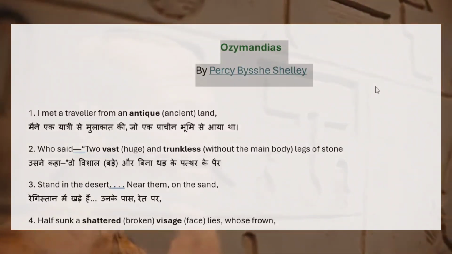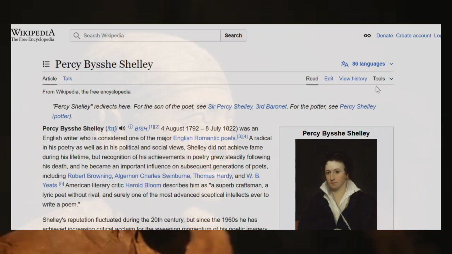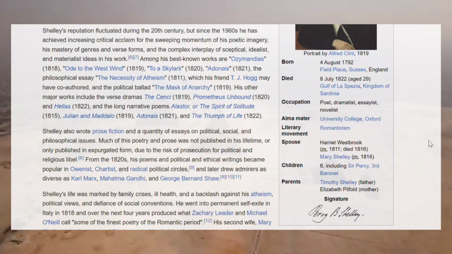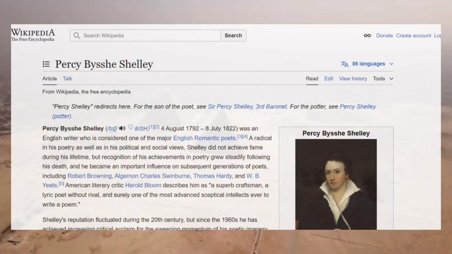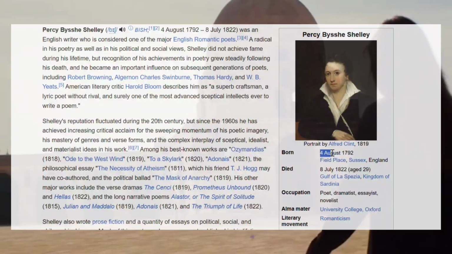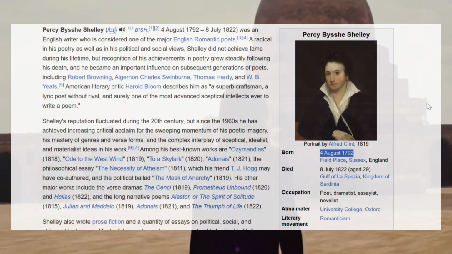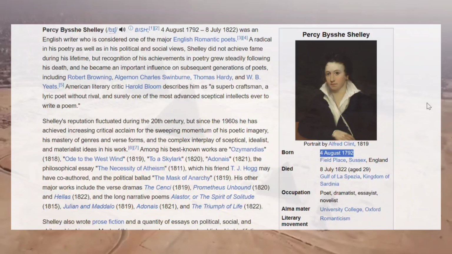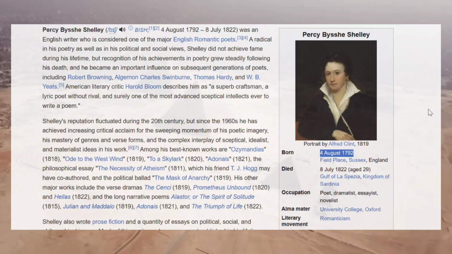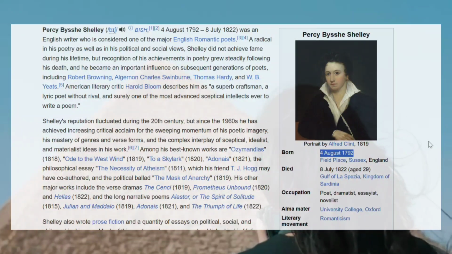Let's start with the background of Percy Bysshe Shelley and Ozymandias. Percy Bysshe Shelley, an iconic romantic poet, was known for his progressive views and radical ideas. Born in 1792, Shelley belonged to a generation of poets that emphasized emotion, nature, and the individual's power in the face of societal constraints. He was critical of tyranny and monarchy, both of which appear thematically in many of his